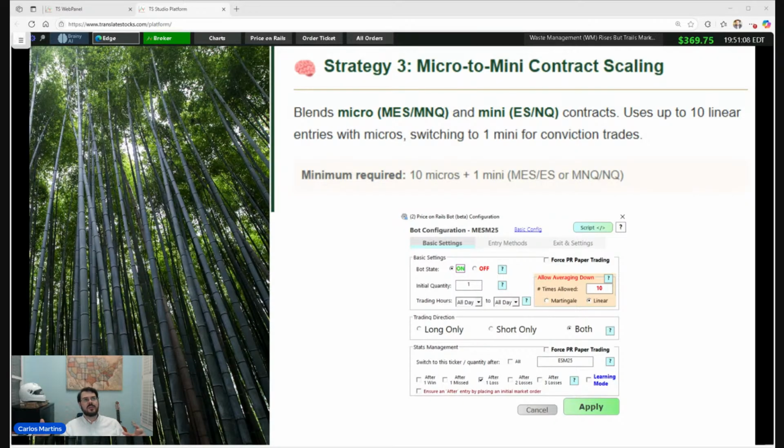should have heard about the martingale before. Martingale is when you lose, you double down for the next round. So if you lose a trade now with one contract, next round you trade with another one contract. And if you lose again with these two contracts, next round you increase by 2, and then by 4, by 8, by 16, by 32. You double down every time that you lose, until you have a huge profit that pays off everything.